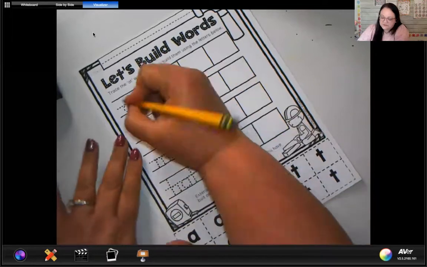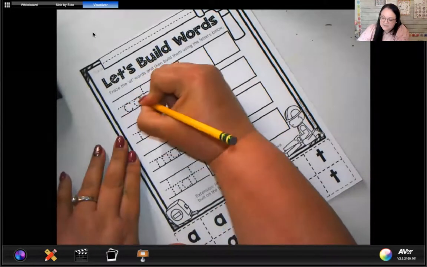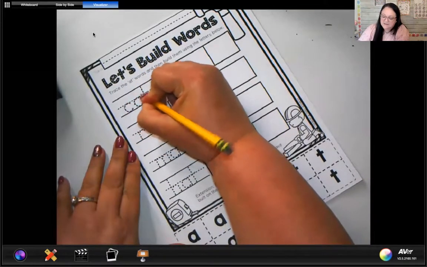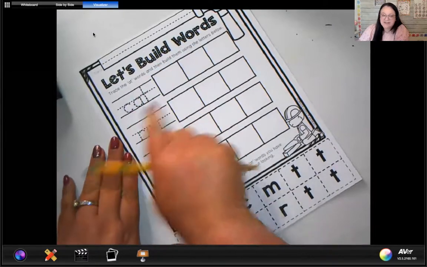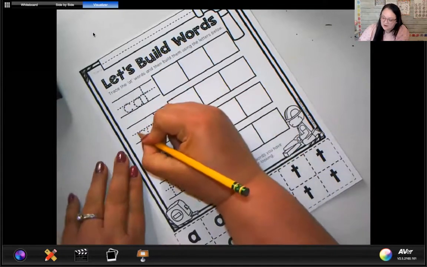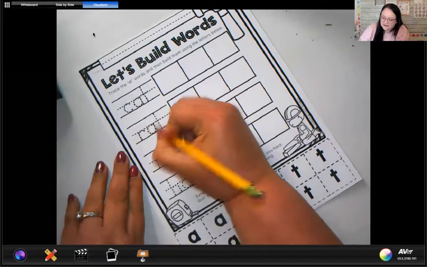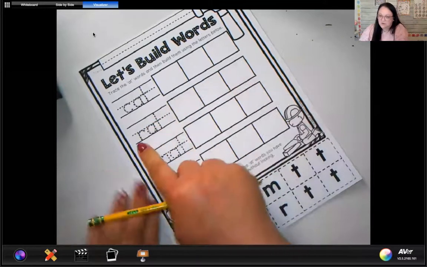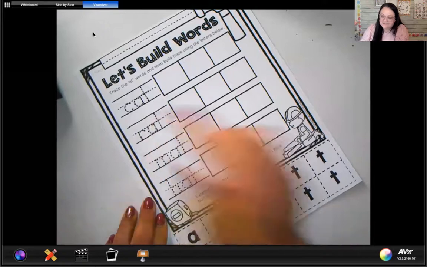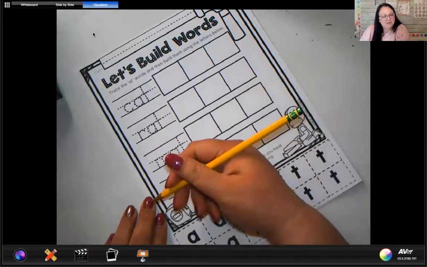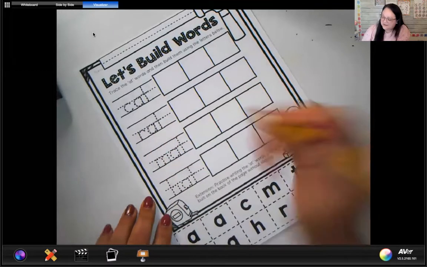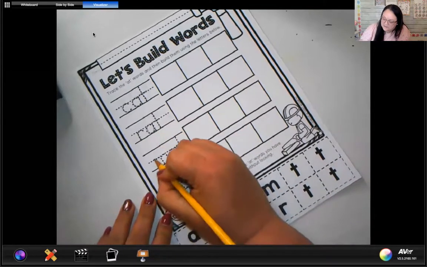Okay, so let's first trace C-A-T, and let's read it, at, cat. Okay, next one, R-A-T, at, rat. These words sound very familiar. I think we just worked with these on the last page, you guys. Okay, next one,